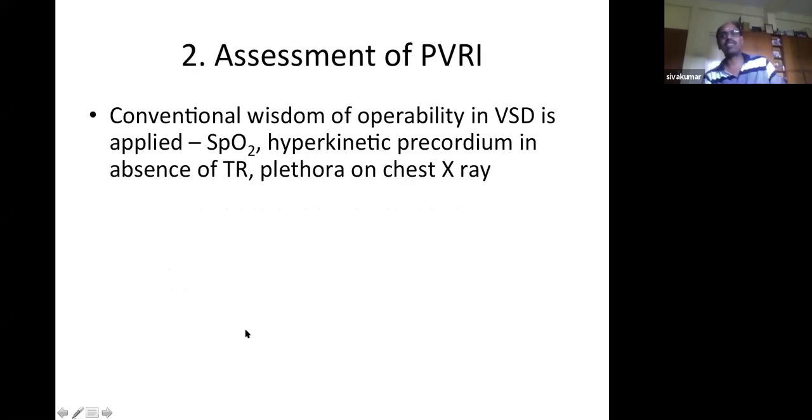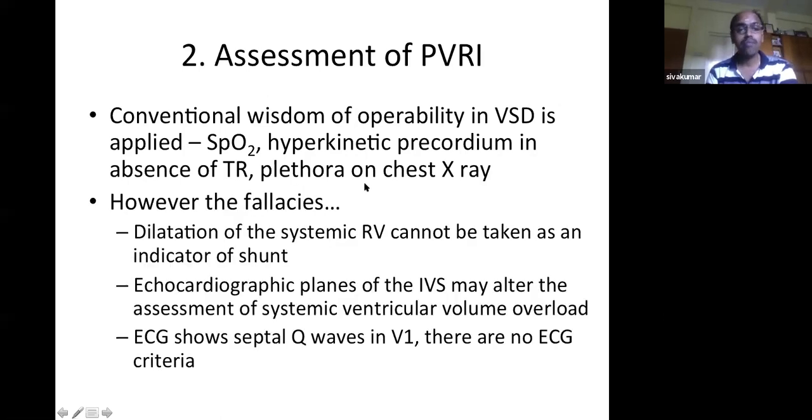Assessing pulmonary vascular resistance. Quite commonly, patients with corrected transposition may present to you at a slightly advanced age. If you are using the conventional wisdom of operability in VSD, like saturation more than 95-96% being operable, hyperkinetic precordium in the absence of tricuspid regurgitation, large heart with hyperkinetic ventricles in the absence of tricuspid regurgitation, and plethora on the chest X-ray, these are good enough. But the fallacies are,